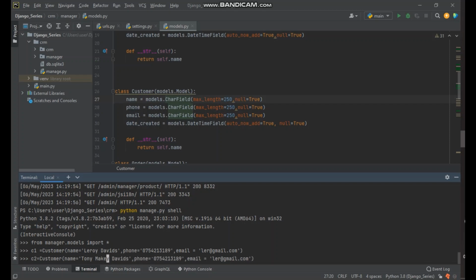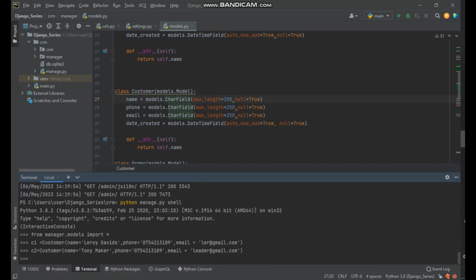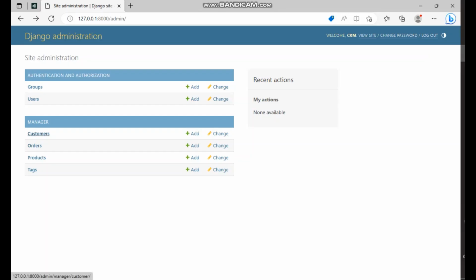And let me just do it, Maker. Just delete David's. Sorry. And then the number, they just leave it like that, just to save time. You can write any number of your choice. Let me just say, so I can say leader.com. So yeah, this is customer 2, and then we go here. So let's go to our customer. As you can see,